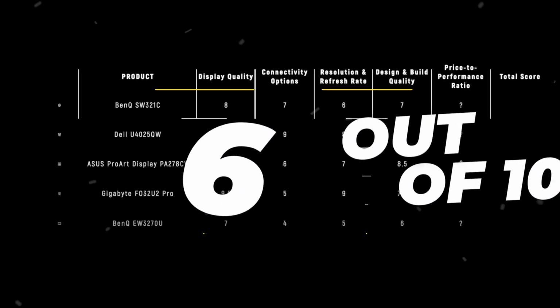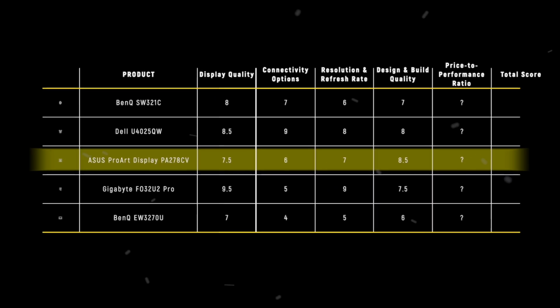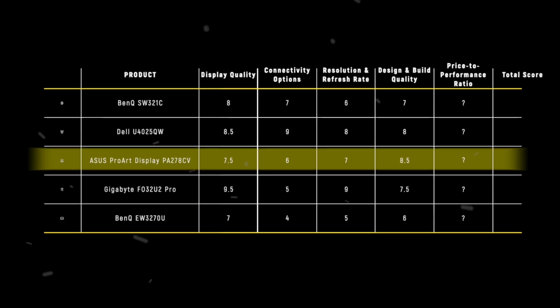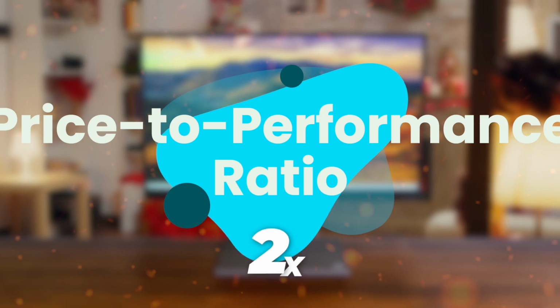The ASUS ProArt PA278CV takes the crown in design with 8.5 points, thanks to its exceptional ergonomics and professional aesthetics that make it perfect for any workspace. Finally, we are going to compare them on the price-to-performance ratio category, which has a multiplier